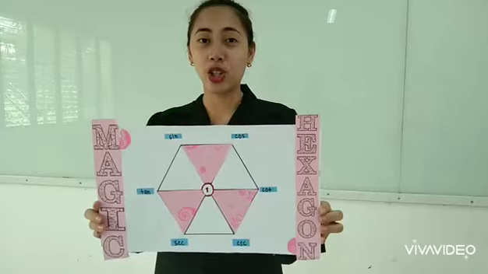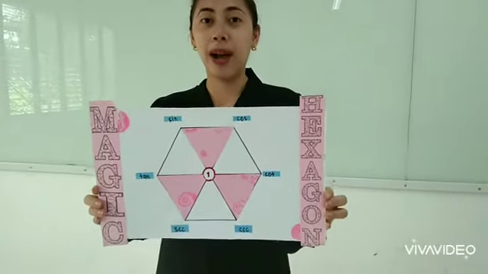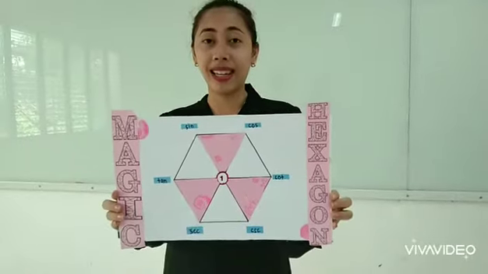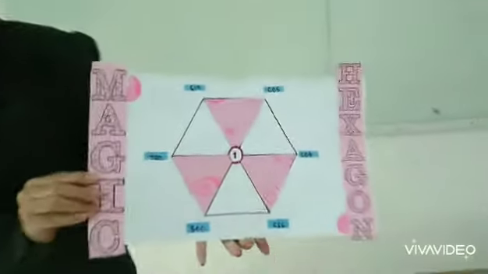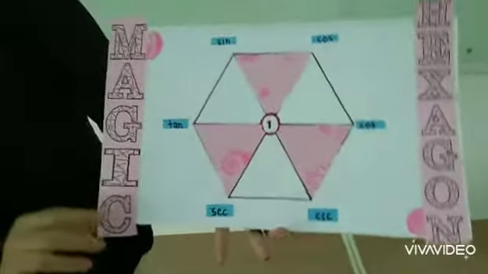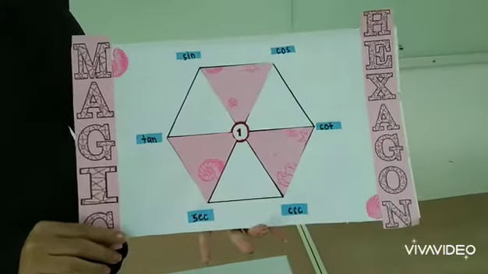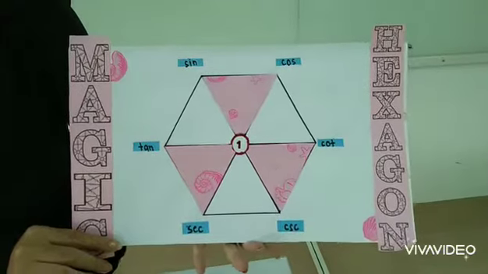So the second instructional material is called the magic hexagon. It is used in the topic of trigonometric identities and equations. So this is how the magic hexagon works. If we are going to find the quotient identities, then we are going